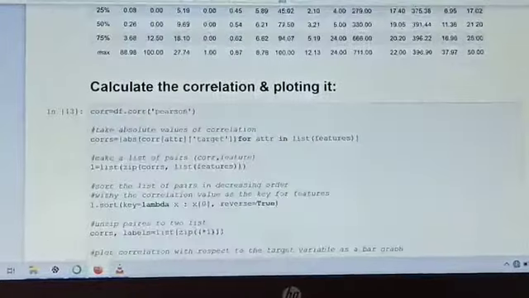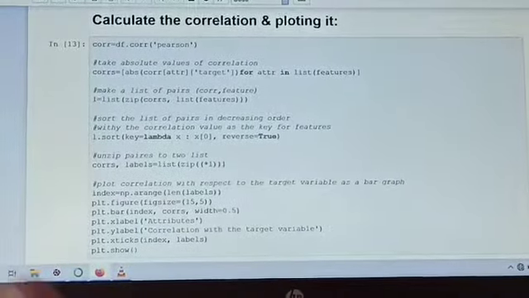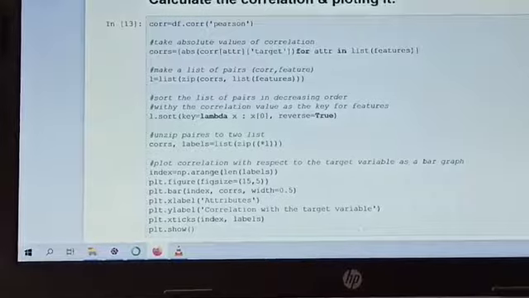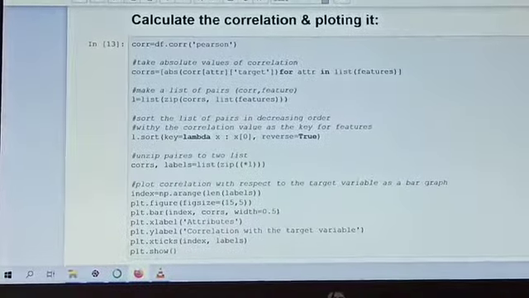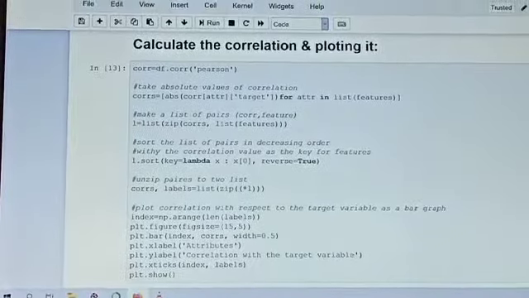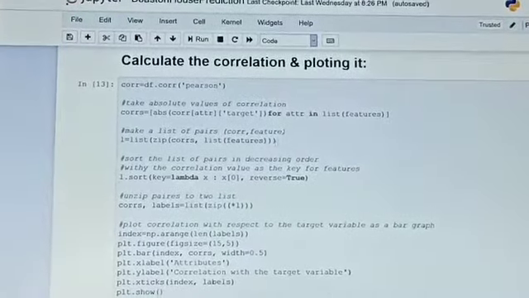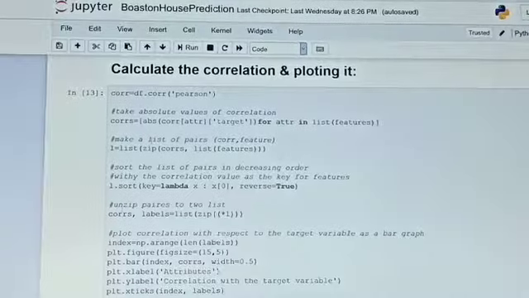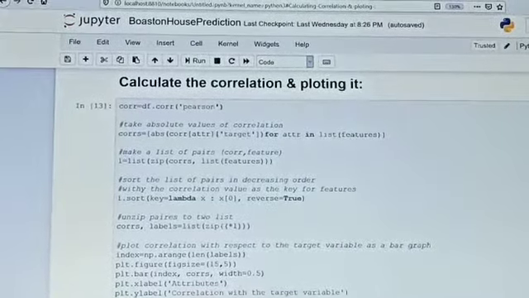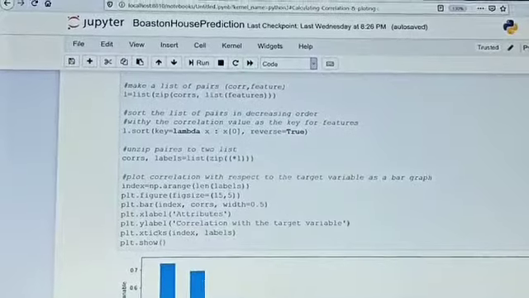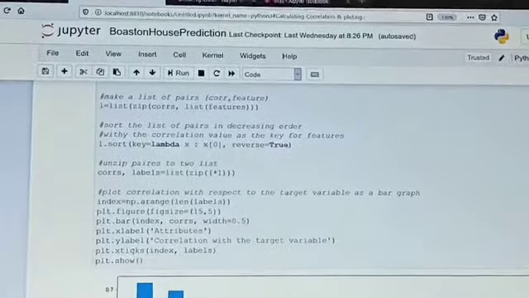So next one is to calculate the correlation. Why do we calculate correlation? Correlation tells how much each attribute depends on the target value, and after calculating correlation by df.corr, we plot it in a bar graph, and the bar graph is a function specified in matplotlib.